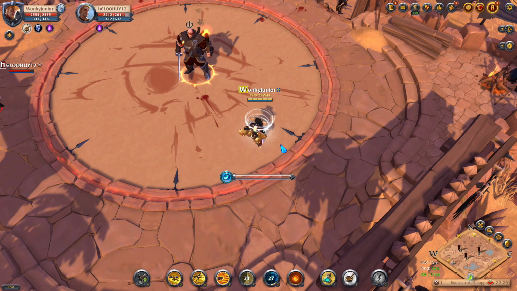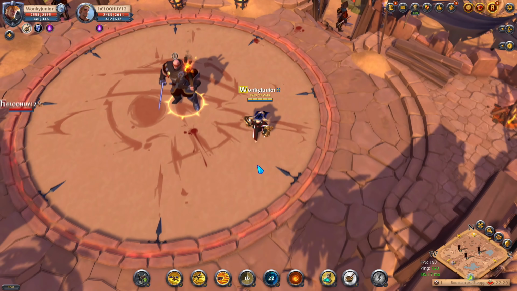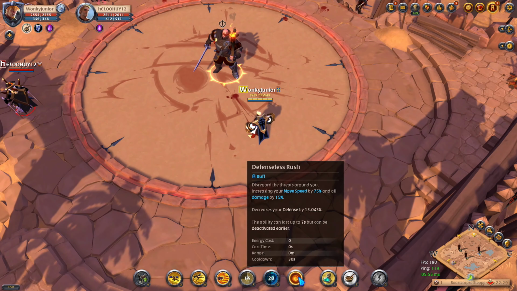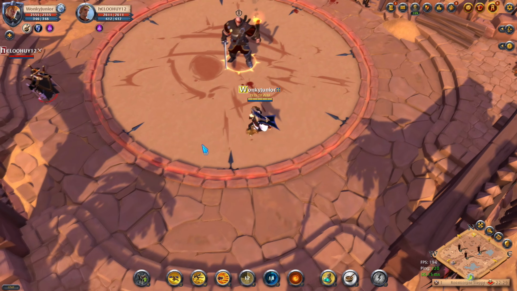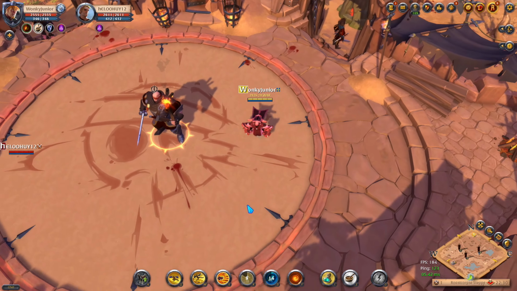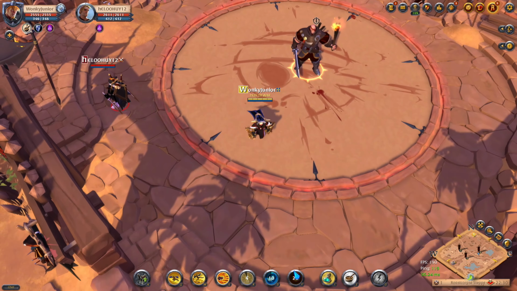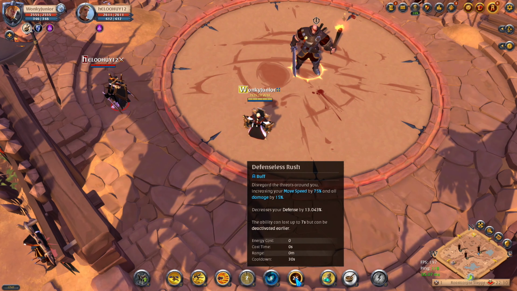So because of us using this skill, we will be able to use our weapon skills a lot more often. And then for the last and final ability, we have the Defenseless Rush, and this ability gives you 75% movement speed and plus 15% damage increase, while at the same time decreasing your defenses by 13%. So we only want to use this ability to run away or if we are about to deal a lot